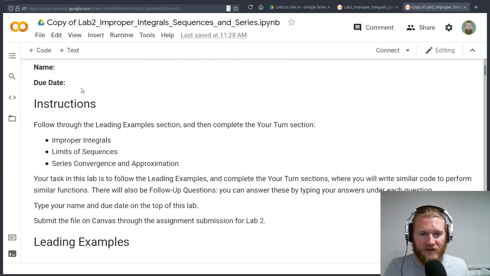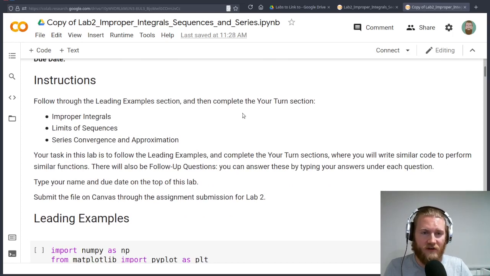I can add my name and the due date here, but I'm just going to jump right into what we've got going on. So in this lab, we're going to be taking a look at three different things. We're going to be looking at improper integrals, sequences, and series. So for the improper integrals, we're going to go back to working with Riemann sums, but now